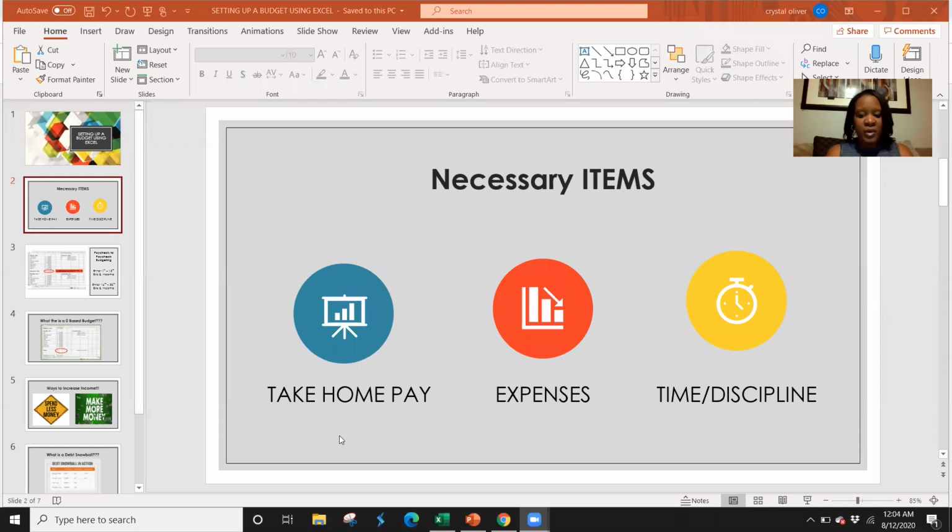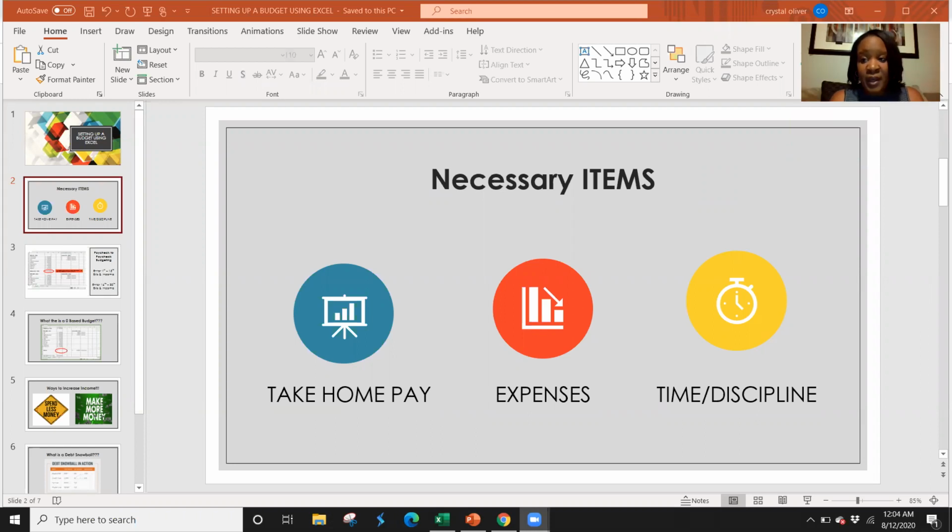What you need to start out with to create a budget in Excel is your take-home pay, number one, and then your expenses. A lot of people do not know what their expenses are on a month-to-month basis. There's a couple of ways you can do that. You can estimate and kind of see what they are, or you can go straight to your bank account and get an idea of how much you've spent over time on certain items. And we always tell you to itemize everything. We don't use miscellaneous in our budget. We itemize everything. So there's food, gas, entertainment, house notes, if you pay tithes, everything is itemized in your budget,